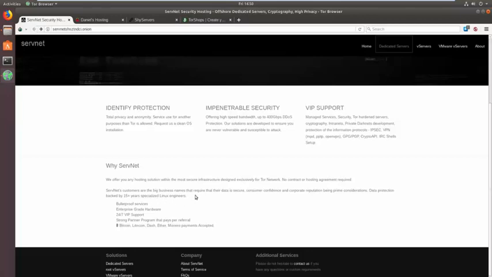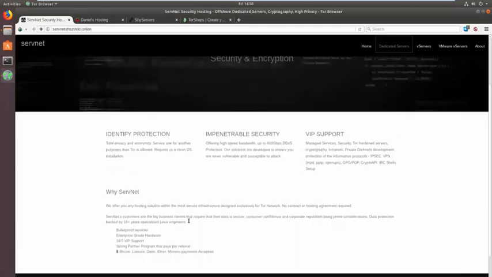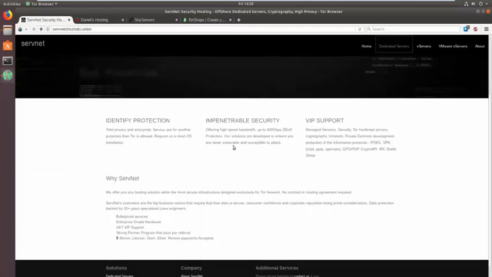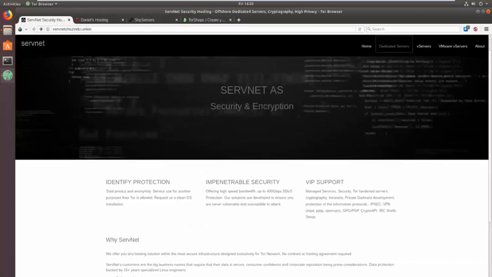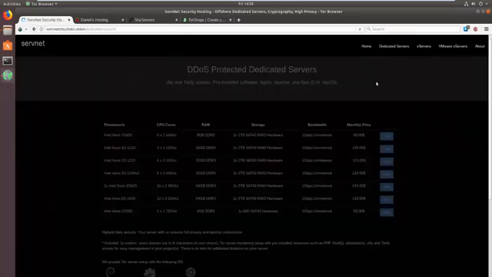So again, this is more of a professional level in terms of hosting, and as you can see, you get bulletproof services, enterprise grade hardware, 24 hours of VIP support, and a strong partner program that also offers referrals. You can pay through cryptocurrency in terms of Bitcoin, Litecoin, Dash, Ether, Monero, and those are the options available for cryptocurrency payments. Now, when we look at the dedicated servers up on the right here, they offer you the ability